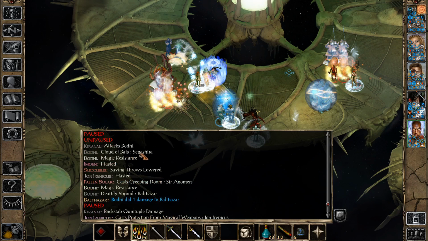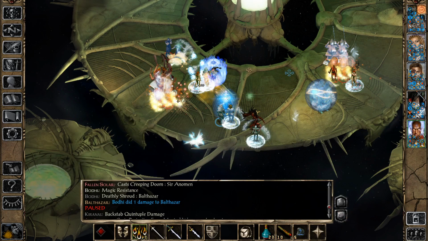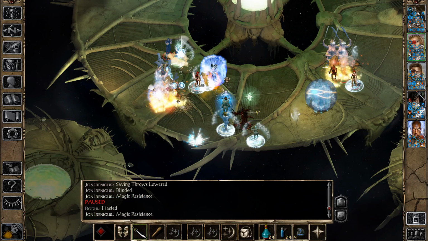Right, Bodhi. Cloud of Bats, okay, was unleashed on Senna Shira. She is away in the east, so we are not going to move Sarawak all that closely to her, and hopefully the bats are not going to be spread out onto any of our other members if we position correctly. Now we can activate Critical Strike on Jaheira as well and move her closer to Bodhi. And now let me just